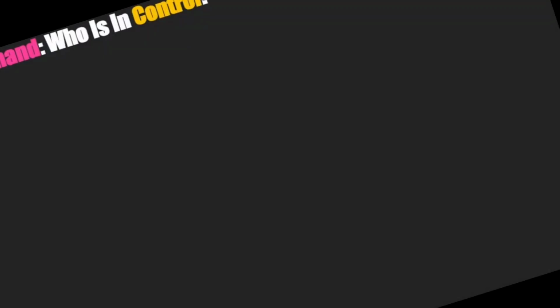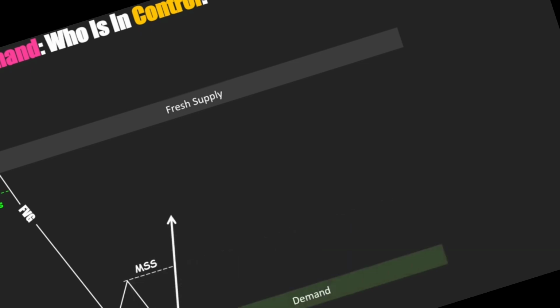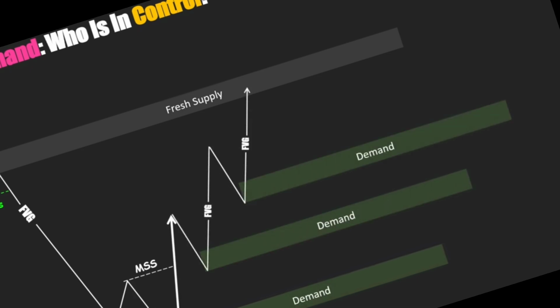Every time the price breaks through a demand or supply zone, a new zone forms on the opposite side, and one side loses control. For example, if the price breaks and closes above this supply zone, demand takes control, and a new demand zone forms. If the bullish movement continues and the price breaks structures to the upside, each demand zone becomes a new buying opportunity